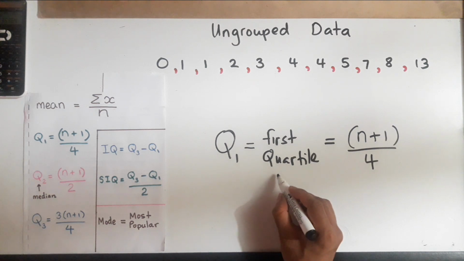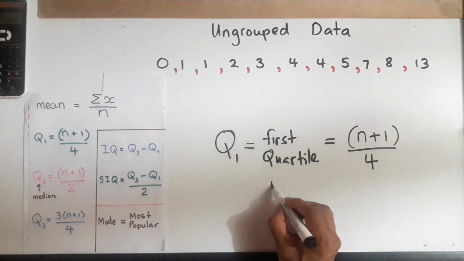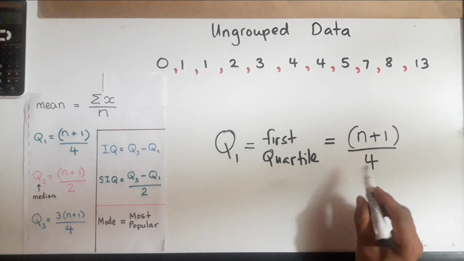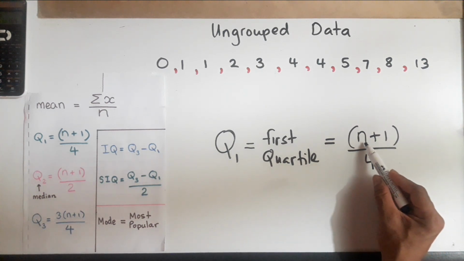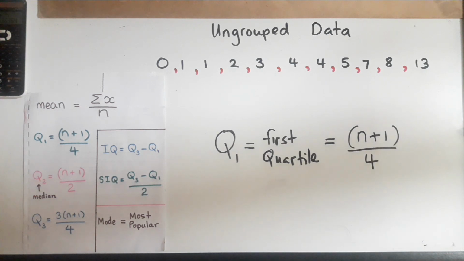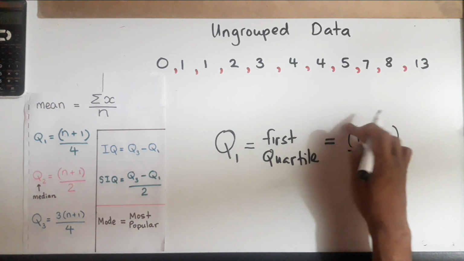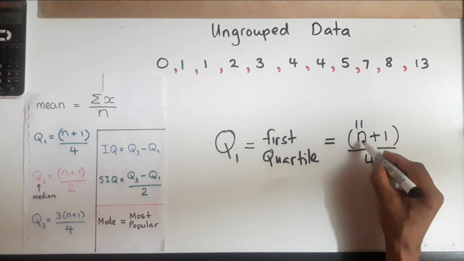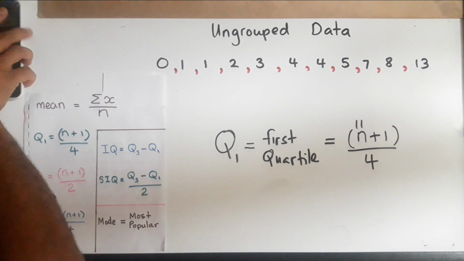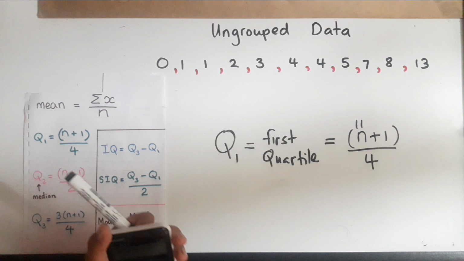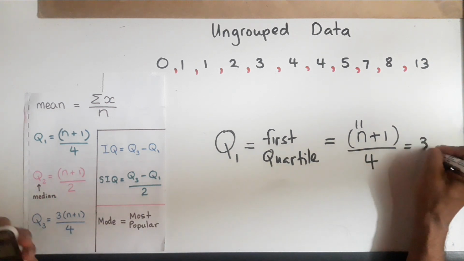Now, they also write the first quartile as Q1, or some people just put first and then the word quartile, right? To save ink, I guess. So to find the first quartile, we have to take n plus 1. What does n represent again? Remember, n represents the amount of numbers we have. Remember, we have 11 numbers in all. So we just have to take 11 and add 1 and divide it by 4. So 11 plus 1 is 12. 12 divided by 4 is 3.